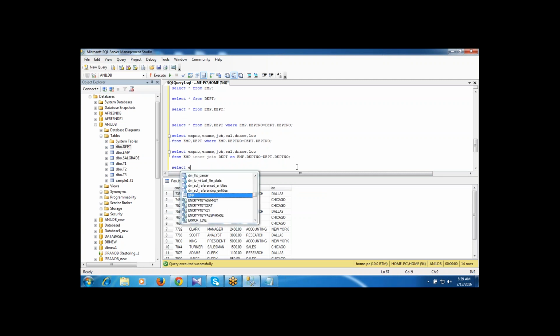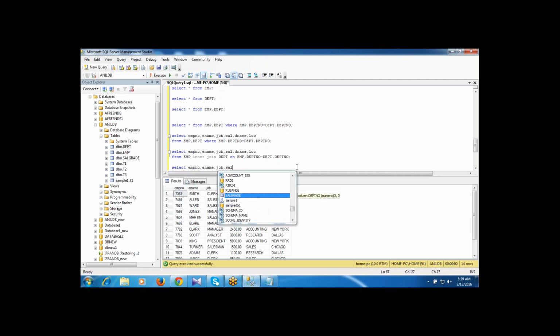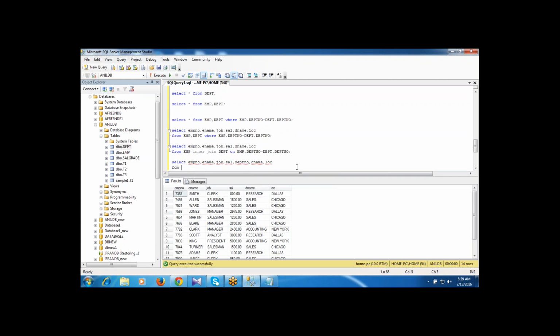Suppose I am writing the query like this. Department number is the common column to both EMP table and DEPT table, right? If the same column name appears in the two tables, then we prefix the column name with either table name or a table alias to prevent the column ambiguity.